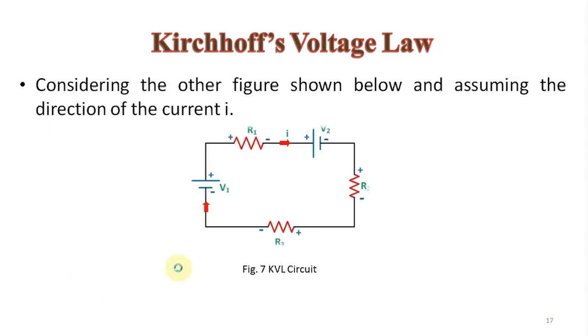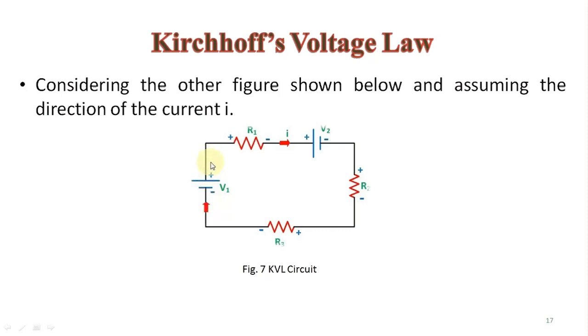So now we have a circuit like this and we want to find the current by solving this circuit. How do we solve this circuit? We solve this circuit by using Kirchhoff's voltage law. Taking the assumption that the current is flowing from the negative side of a battery to the positive side of a battery, the sign convention is